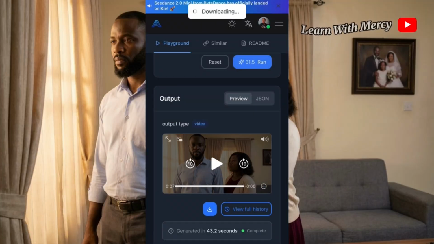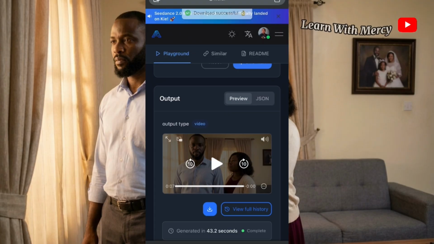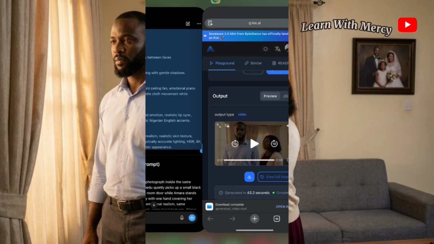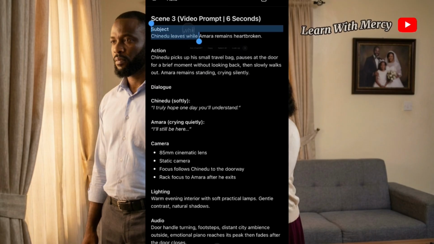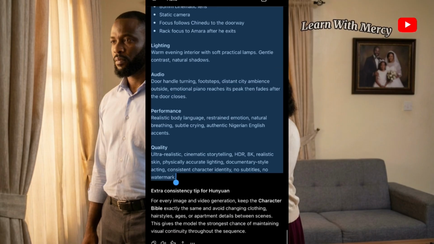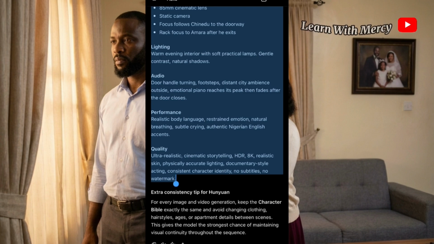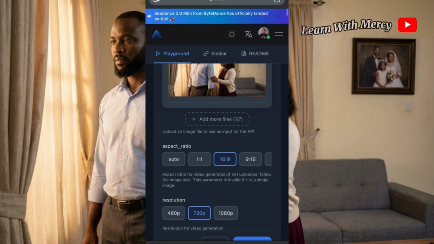So as usual, I'm going to click on that download button and it will download. After downloading, I'm going to save it on my files. Follow this process and generate all my other scenes, all my other scenes that are remaining to complete this particular episode. Here it is just one scene. It depends on how many scenes your story has.